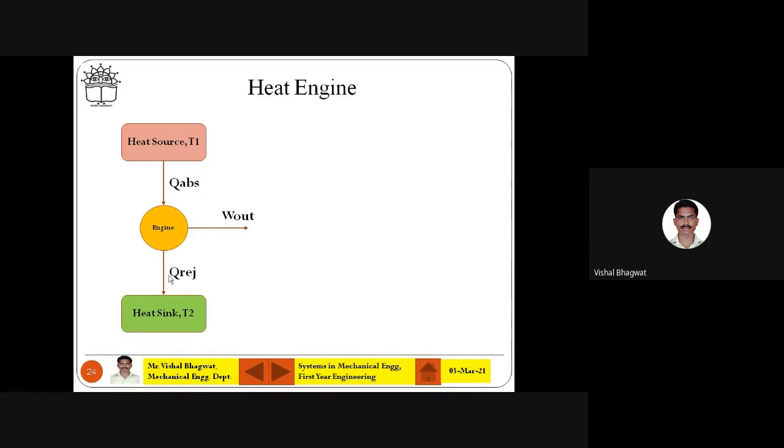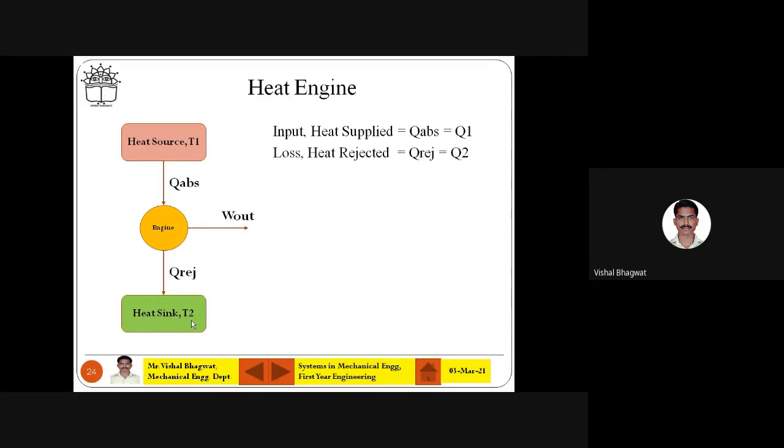This is a representation. So Q absorbed is for the engine. It will reject some heat and then produce some work output. So work output is always the difference between Q absorbed and Q rejected. Q absorbed minus Q rejected. You can see the input to the heat engine is heat supplied. Are you with me? Now note it down carefully. Draw the figure and note down. Input for the heat engine is heat supplied, and that heat supplied is Q absorbed. I represent Q absorbed as Q1. Then what is the loss? Loss is heat rejected to the heat sink, at a low temperature body.